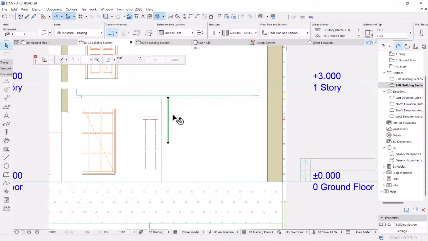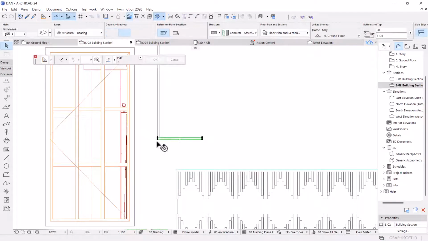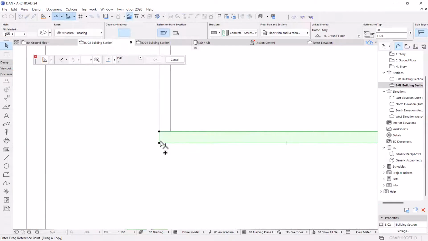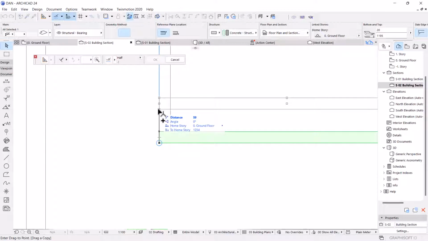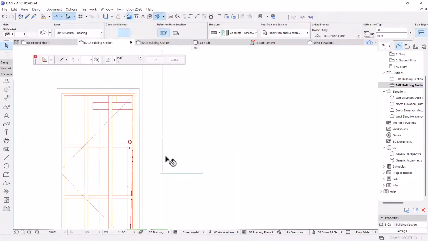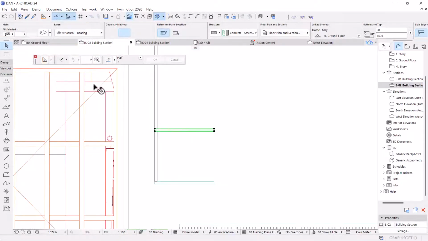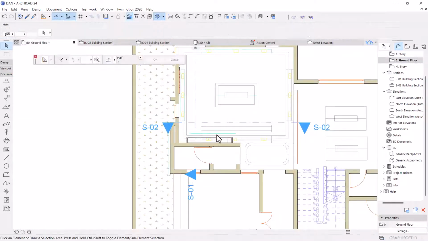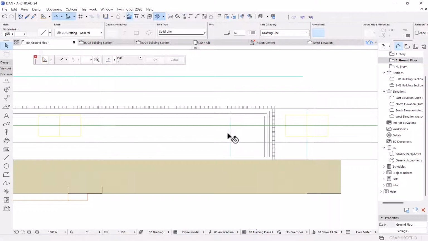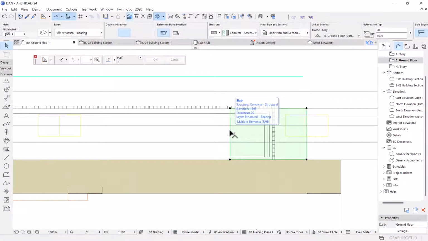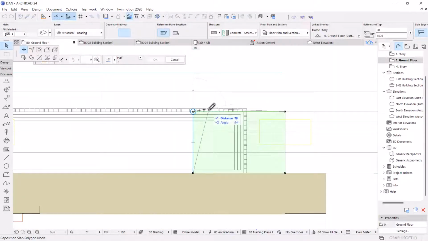So I go back to the section and I'm clicking on this and dragging it, Ctrl+Shift+D. I'm going to drag it upwards. So let's drag by 400 mm. And so right now if I go to the floor plan or ground floor and I click on the slab, whatever it is that we will be able to click will be the new slab that we've just made a copy of. So this is the one at the top, not the one at the bottom, and I want it to be 300